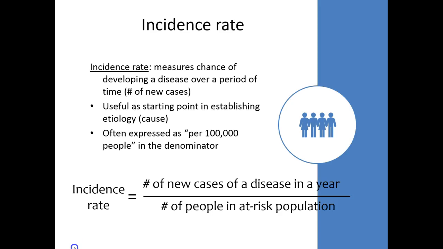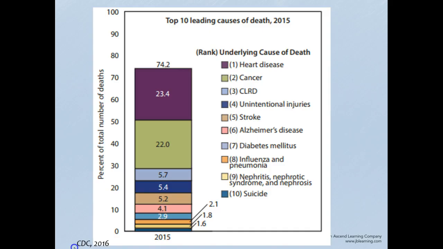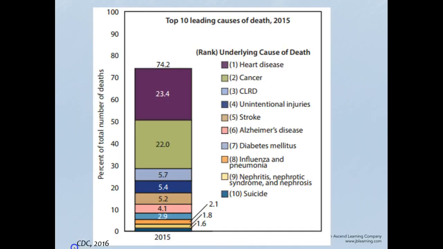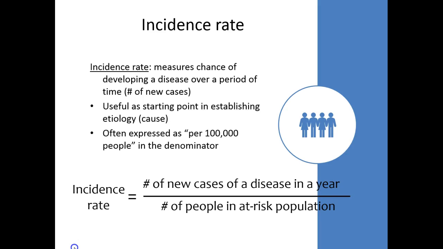Now, it's often expressed per 100,000 people in the denominator. As you can see from this slide, here it's per 100,000 residents. That is a very common denominator when you're looking at large populations. If you're looking at smaller samples, you would use something like 10,000 or 1,000. The point being that there is not one denominator for all samples. You need to look at the size of the sample to determine the correct denominator, or the correct per X